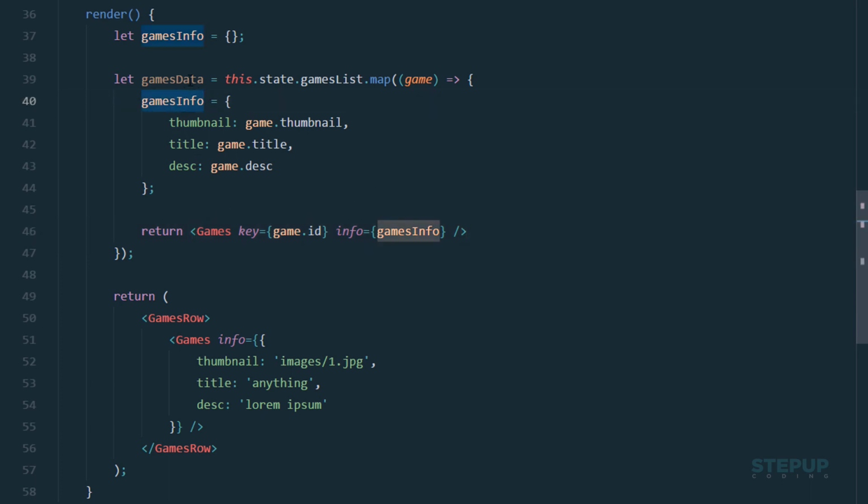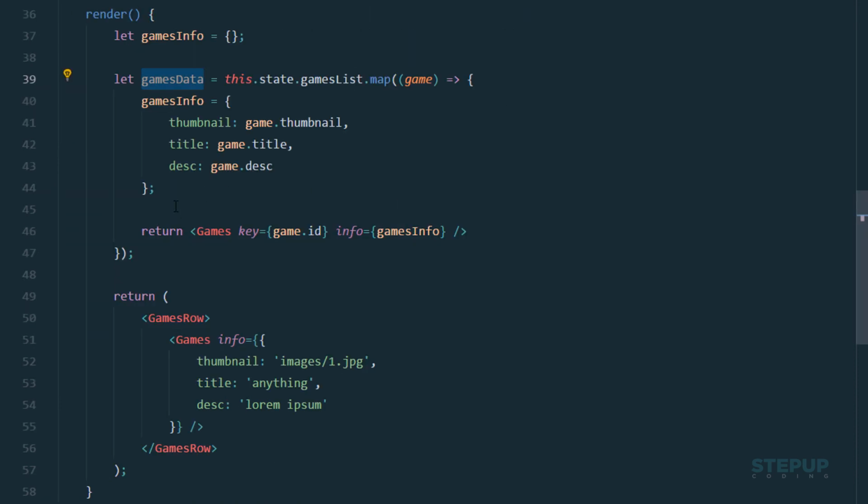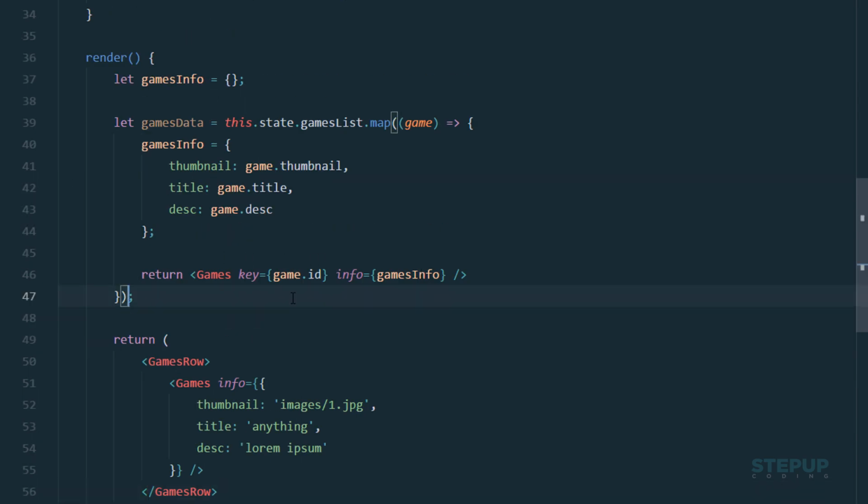But what this data is going to return to the games data is all the games. That means we have all the 8 data in here. All the 8 games are going to be returned all at once, but we need a 4 column structure, that is a games row, and inside it 4 games components, and then this games row component ends, and once again it repeats. So for that we have to slice this array in a way,